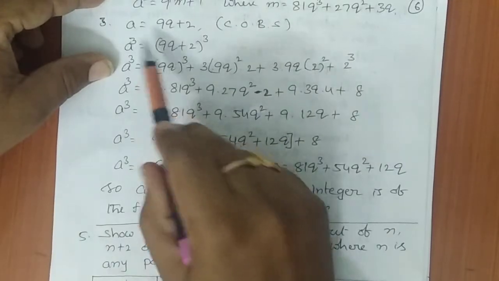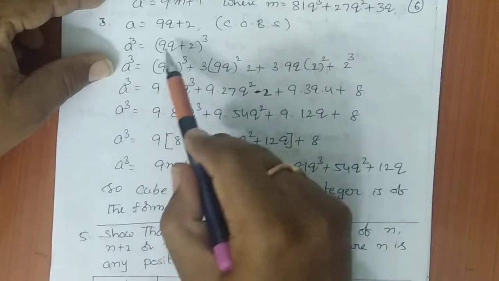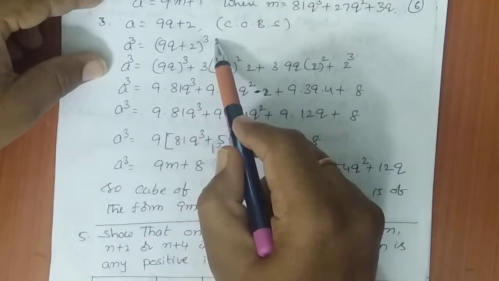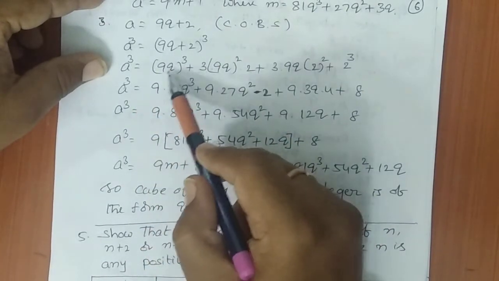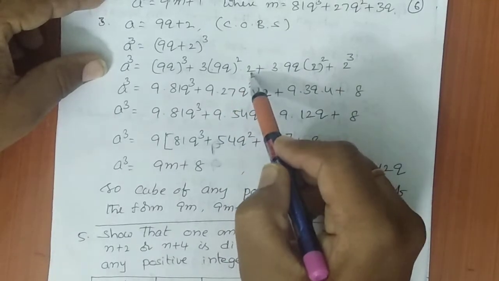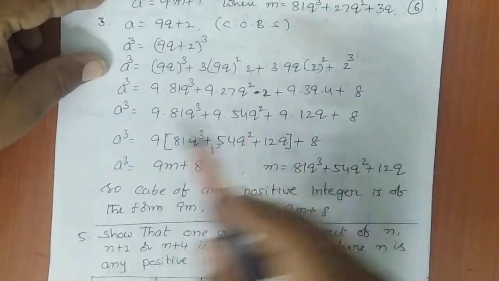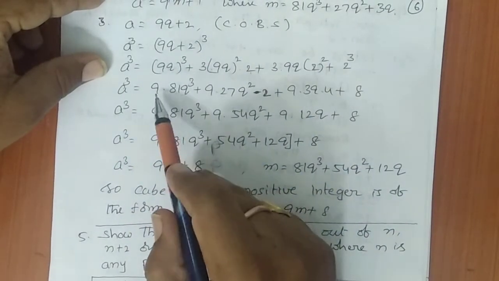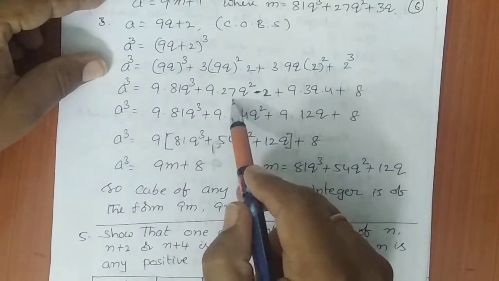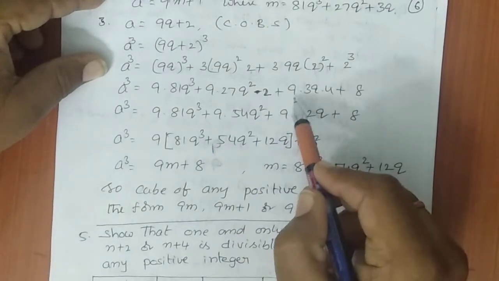Third, we take a equals 9q plus 2. So cubing on both sides, a cube equals (9q plus 2) whole cube. This is also the (a plus b) whole cube form. So a cube equals (9q) whole cube plus 3 into (9q) whole square into 2 plus 3 (9q) into 2 square plus 2 cube. So a cube equals 9 is 3 times, 9 into 81 q cube plus 9 into 2 1s...